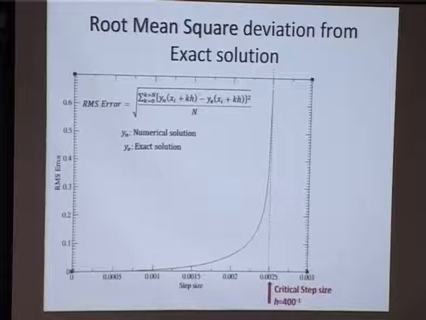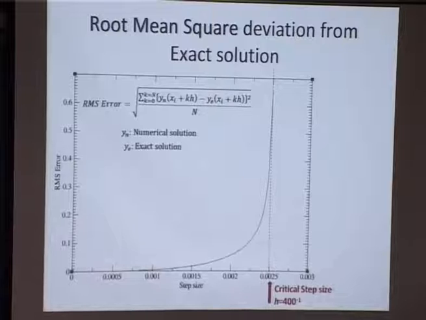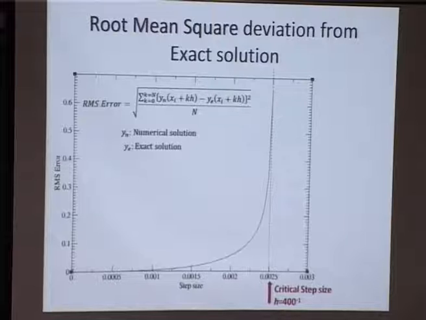Of course, critical doesn't mean that all step sizes up to that will give you sensible numerical solutions. As we have seen, h equal to 400 inverse gives us pretty trashy numerical data. So it would be advisable to stick to the range of the tiniest RMS error on that graph. I'm just trying to show, I mean, this makes sense because